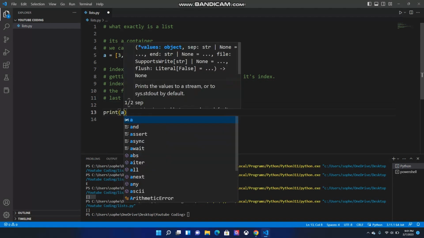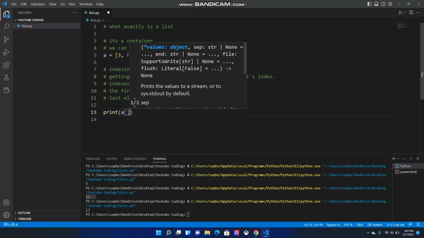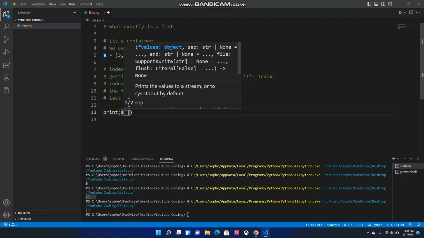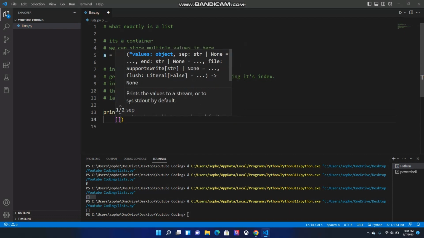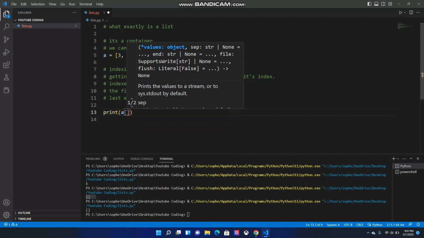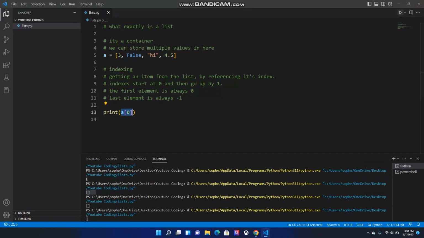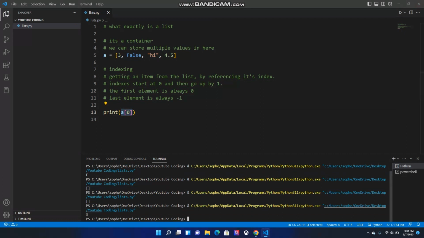Well, I'll print A, and to index something, we type in the name of the list, 2 brackets beside that name, and then the index of that element. So I type in 0 over here, and we're going to get the very first element, which in this case should print out 3. So if I hit the run button, as you can see, the output over here, if I can make it bigger,